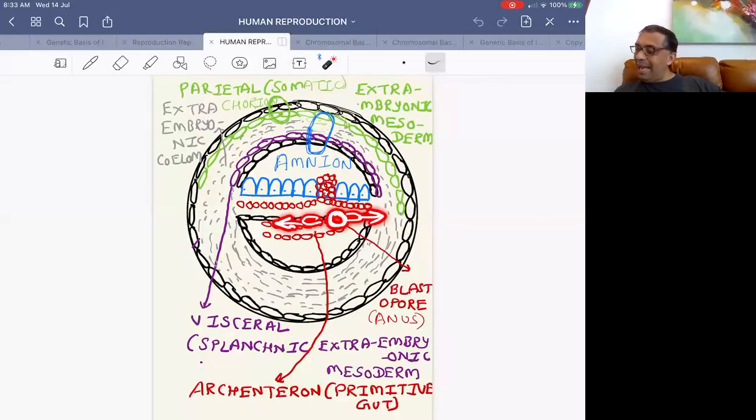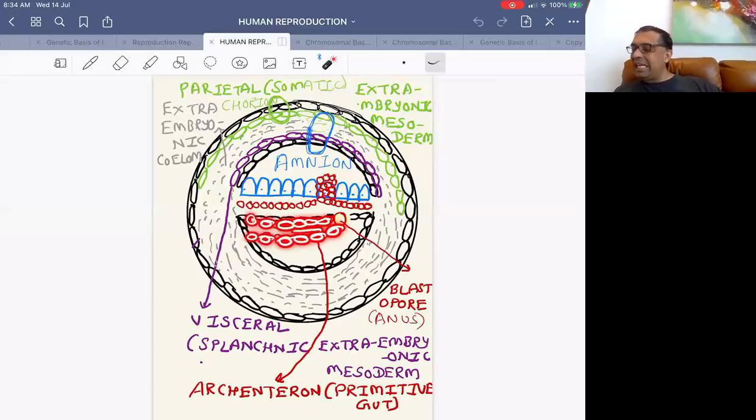hole is called as the blastopore. And this blastopore in the future will form the anus of the child. तो blastopore में से child का future anus बनेगा and endoderm cells from the blastopore start migrating forward and form